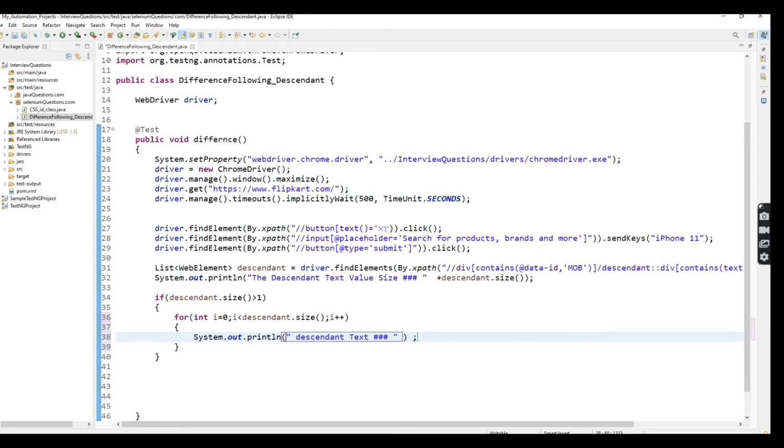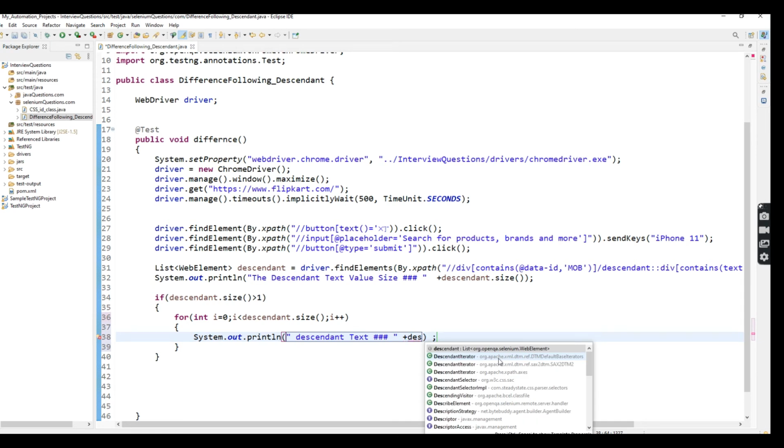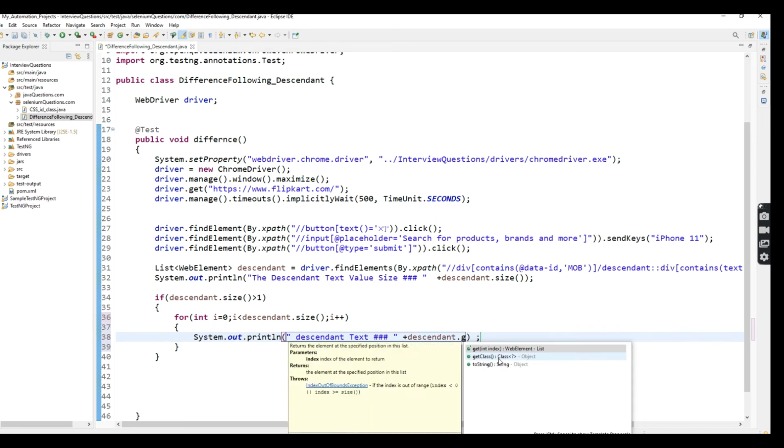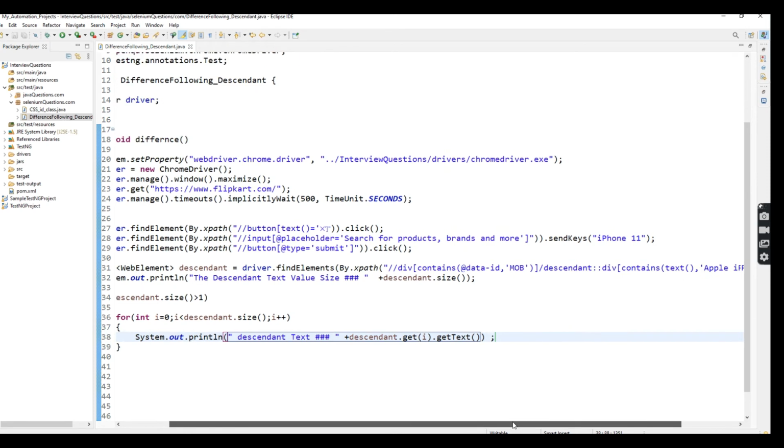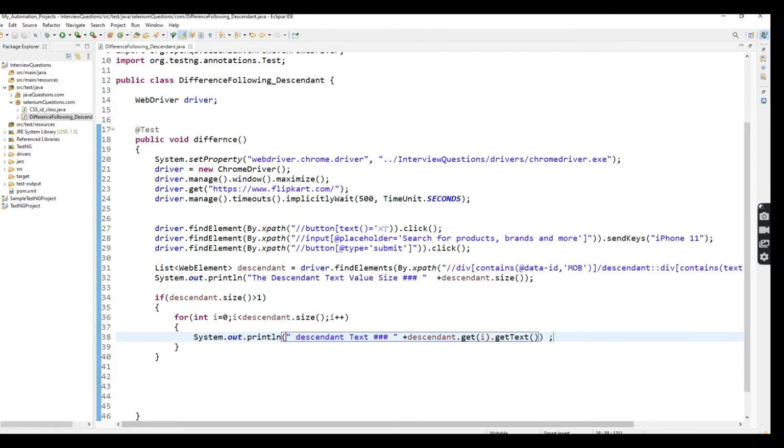Sorry. So here I'm going to print everything. Using getText, I'm going to print all the values. So this is the way we print all the text values using descendant.